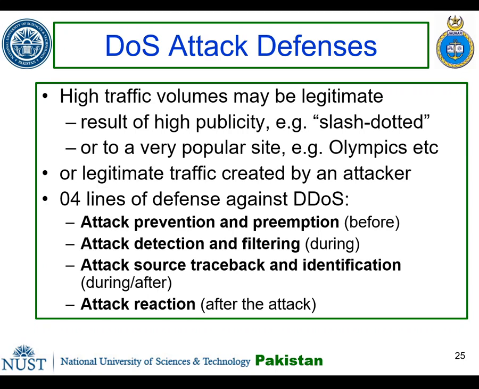of a site. For example, a posting to the well-known Slashdot news aggregation site often results in overload of the referenced server system. Similarly, when popular sporting events like the Olympics or the Soccer World Cup matches occur, sites reporting on them experience very high traffic levels. Also, if an attacker can direct a large enough volume of legitimate traffic to your system, then there is a high chance this will overwhelm its network connection and thus limit legitimate traffic requests from other users.